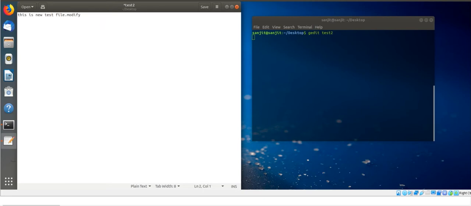Let's say this is my first file, and the second line is modified. Hello world, this is Linux. I'm just adding some arbitrary lines. Then bye world, I love Linux, I am new, like this. Let me save it. Ctrl S, I saved it.